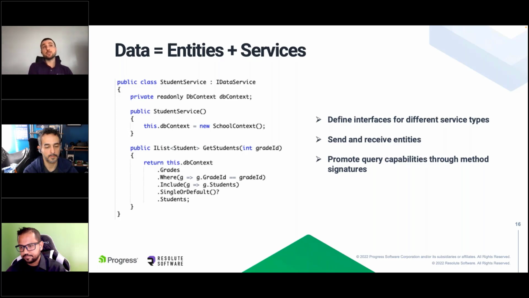For example, the student service may have a method for getting students in a particular grade, and the student service class works with the Entity Framework database context and then uses some queries to materialize a bunch of student objects in memory.